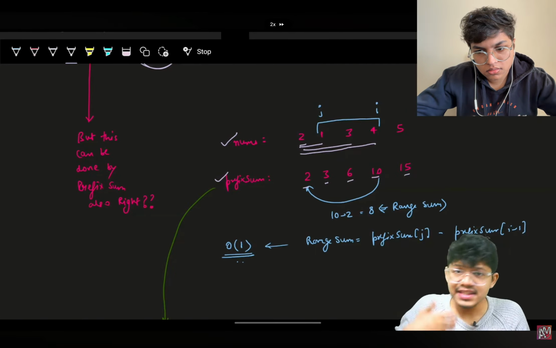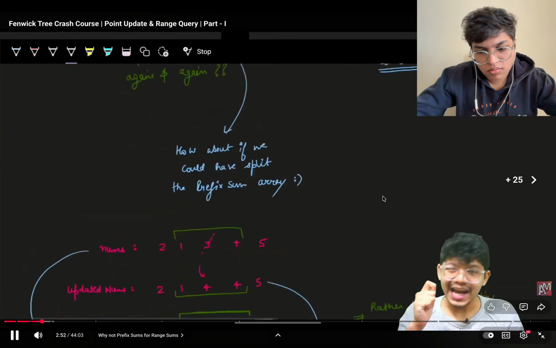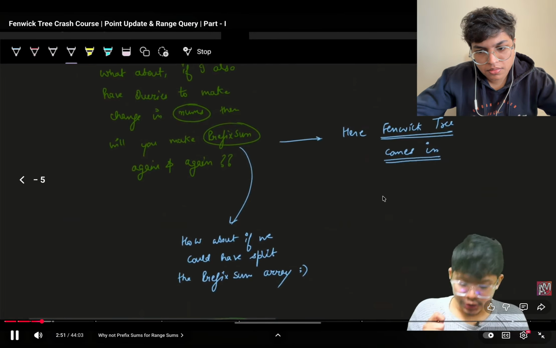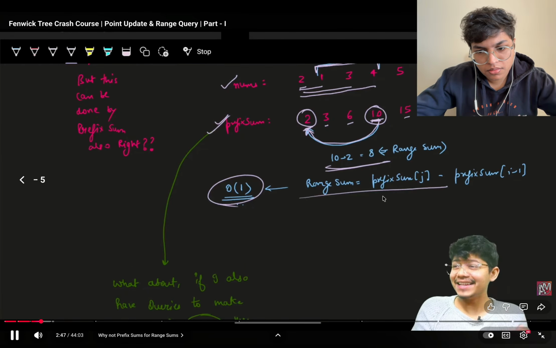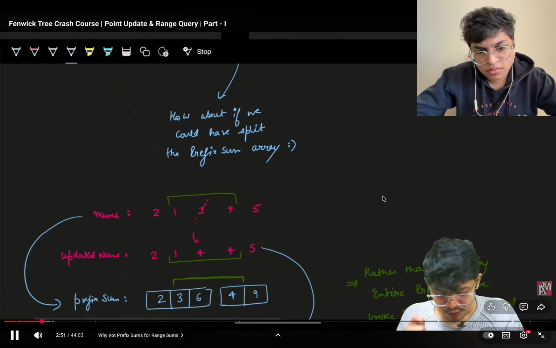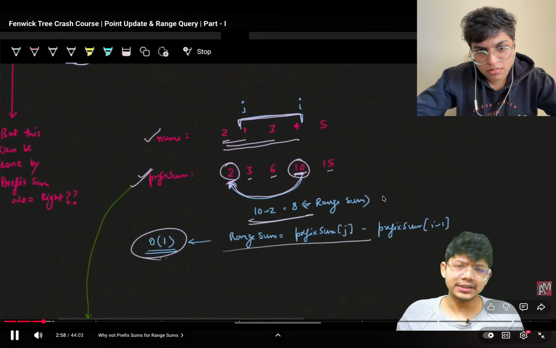Because of this prefix sum, if you ask me the range sum from j to i, I can answer directly. That is the most optimal time you can achieve, so why would you need anything else? Because if I go and ask you a range sum, but then also ask you to update the nums itself after every query,